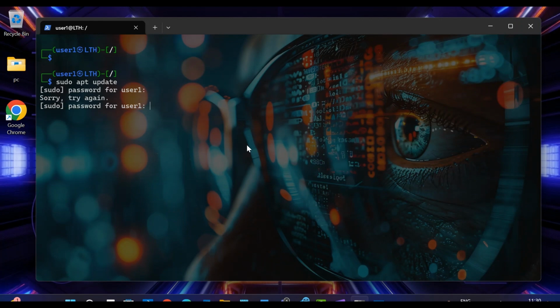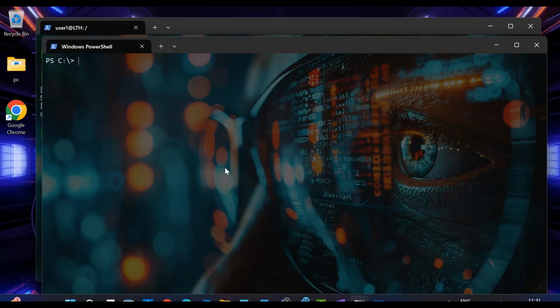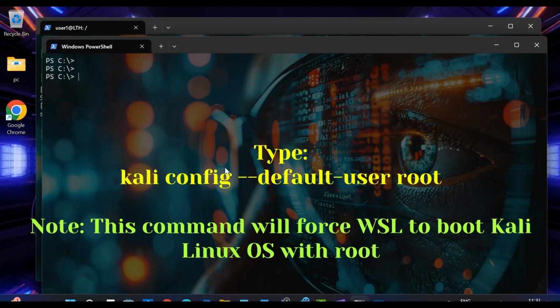Oops, it says sorry, try again, because I forgot my password as I have logged in after a long time. So let's see how to reset the password for my Linux distribution in WSL. First we will hit Ctrl+C, and then we will open a new Windows PowerShell, and then you need to type this command. We will type kali